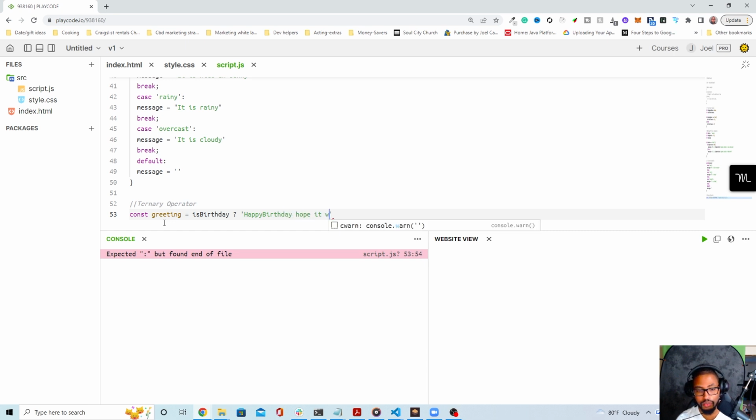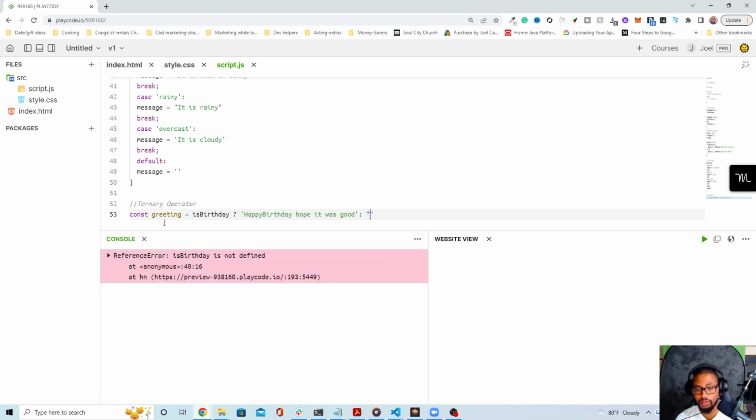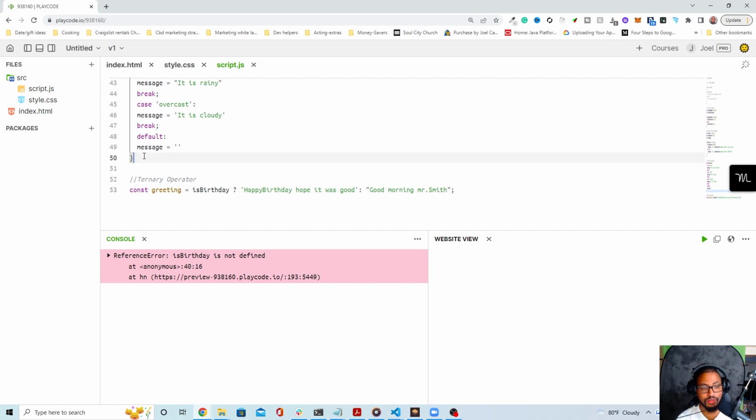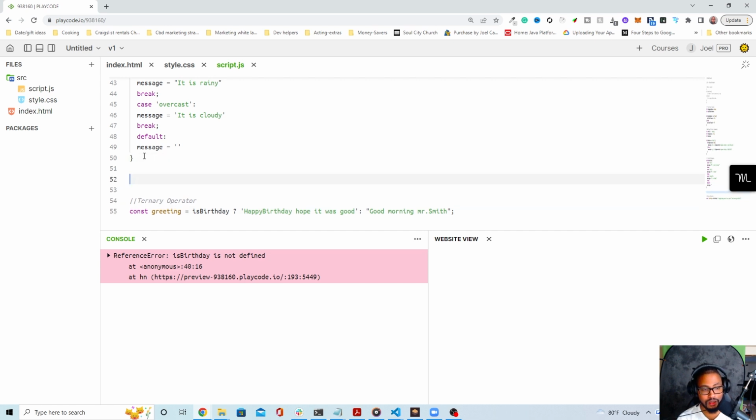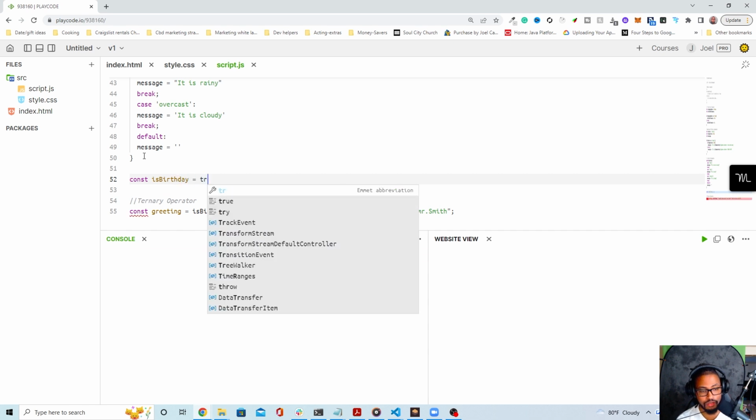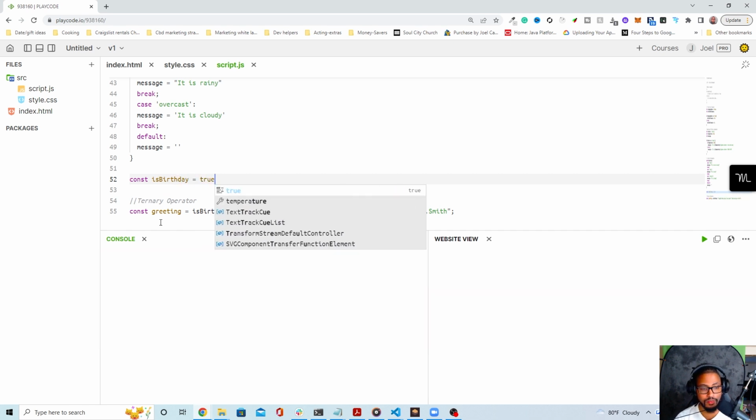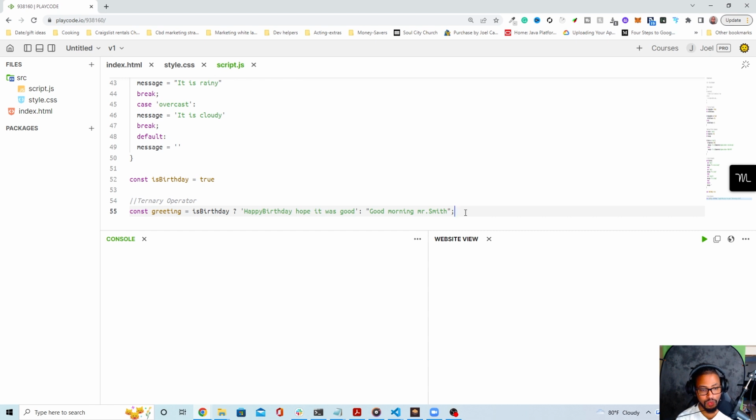Hope it was good. Or if we don't have that, we'll just do good morning, Mr. Smith. And we're getting some errors because isBirthday is not defined. I know that. So let's say const isBirthday, and let's just set it to true in this case, for example. And then we should be able to